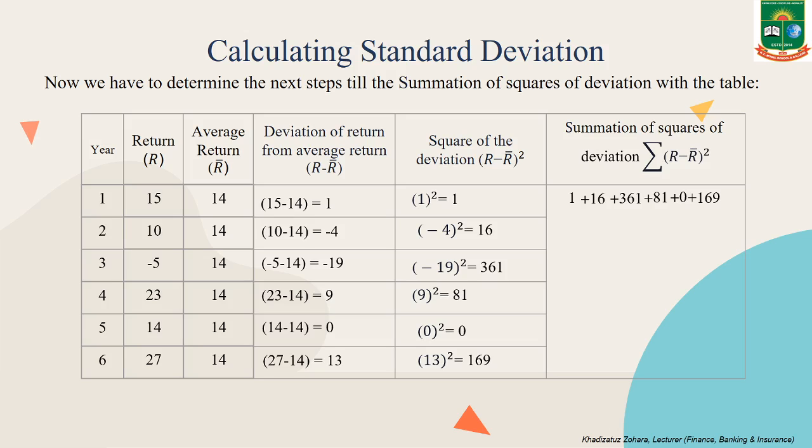In the last column, we see 1 plus 16 plus 361 plus 81 plus 0 plus 169